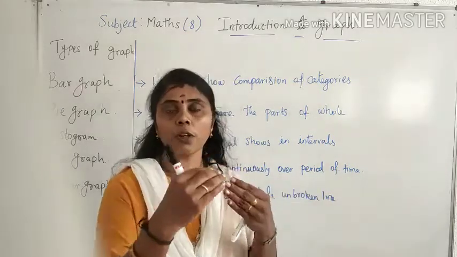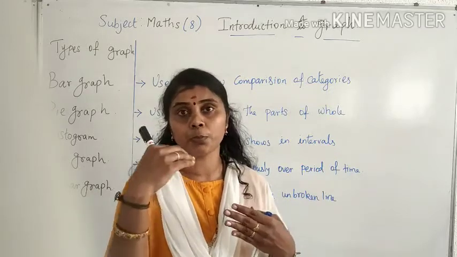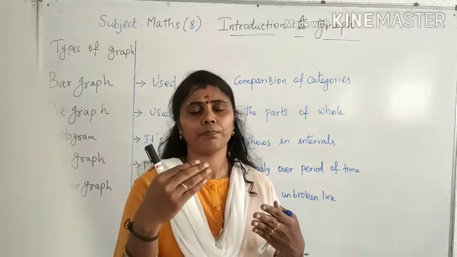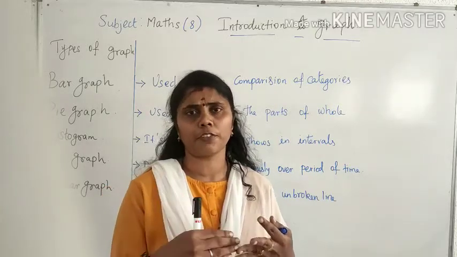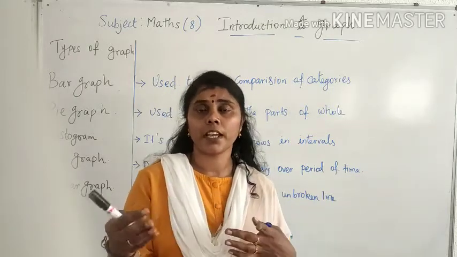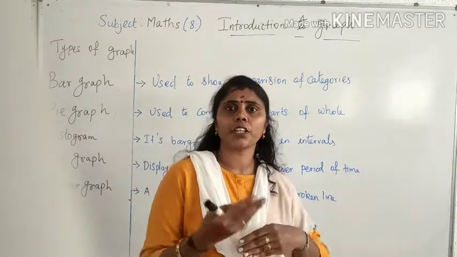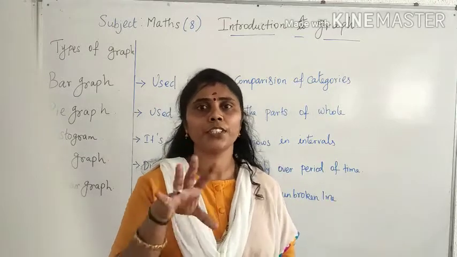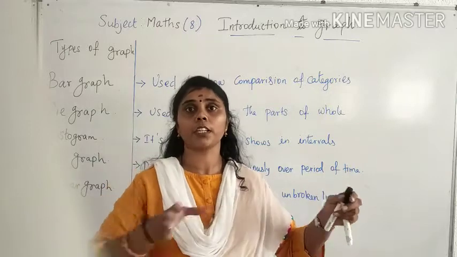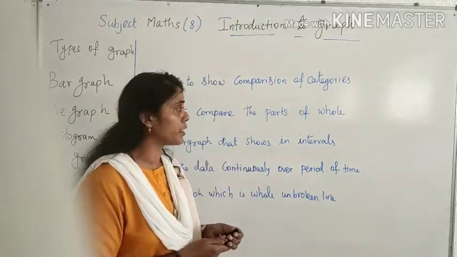For general common cough and cold, how many are affected in the overall year, what percentage of people are affected by that? As well as other diseases, how they are affected: women related diseases, children related diseases, as well as many other common diseases. If they conduct a survey like that, there we can use the bar graph. Not only this, you can use it elsewhere too, right? If you are running a company, over the last 10 years, what about your development? That also you can show in the bar graph.